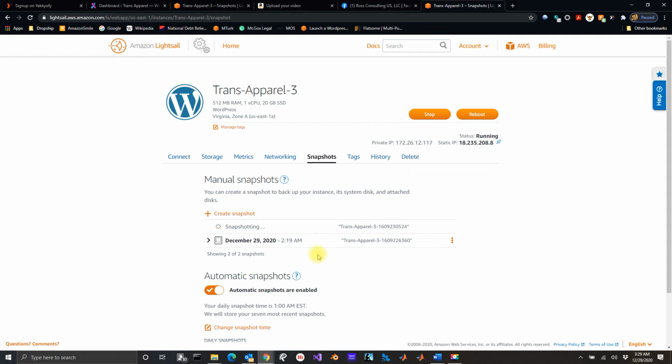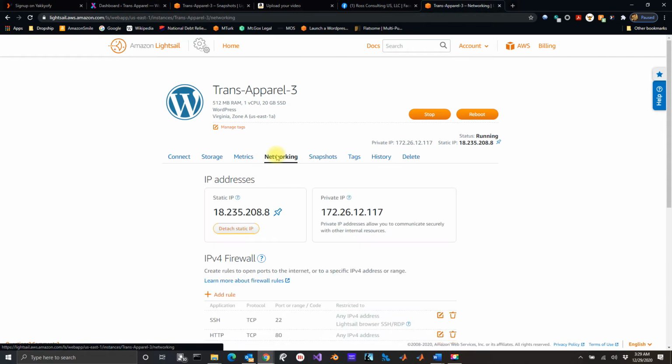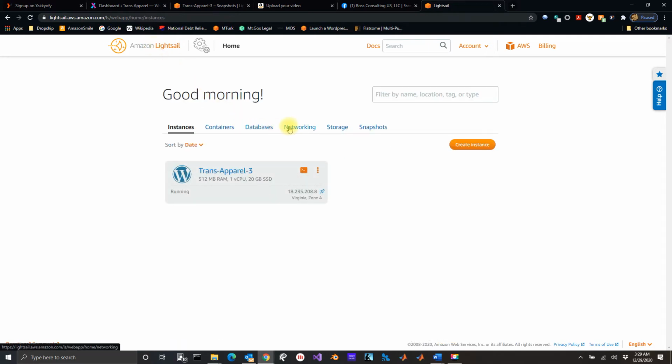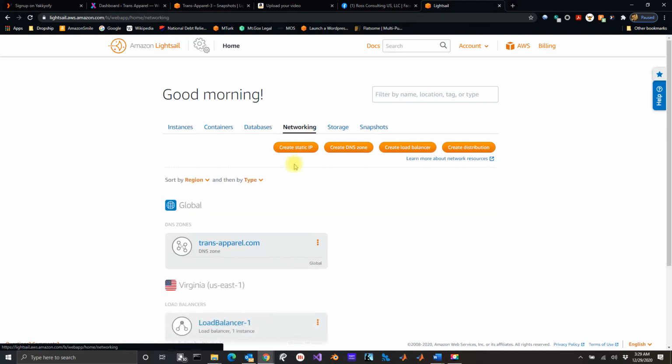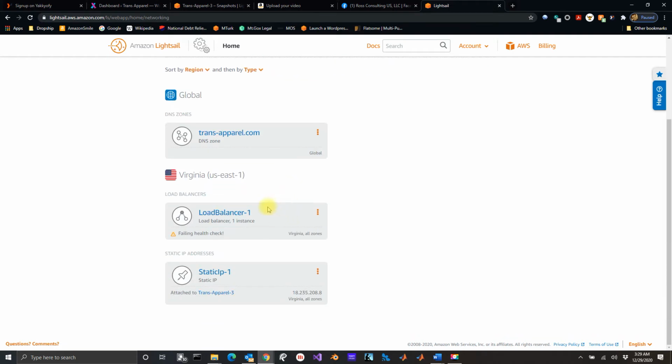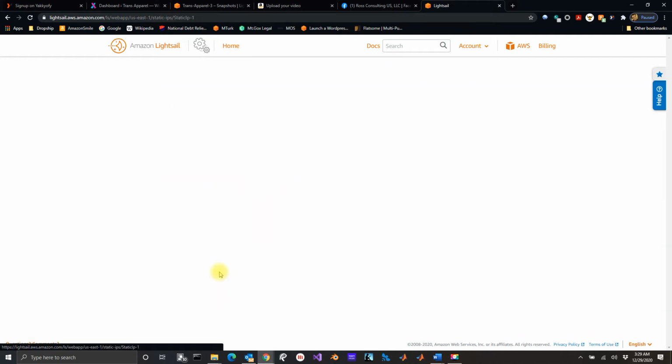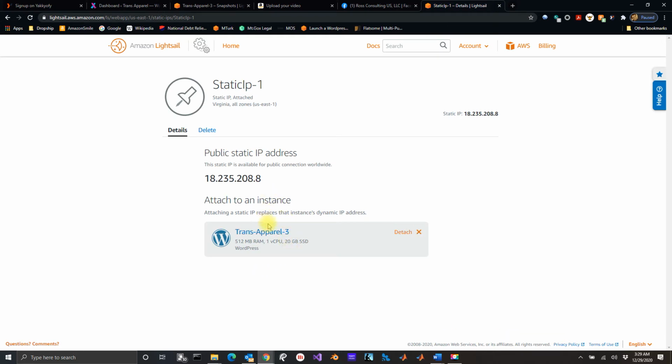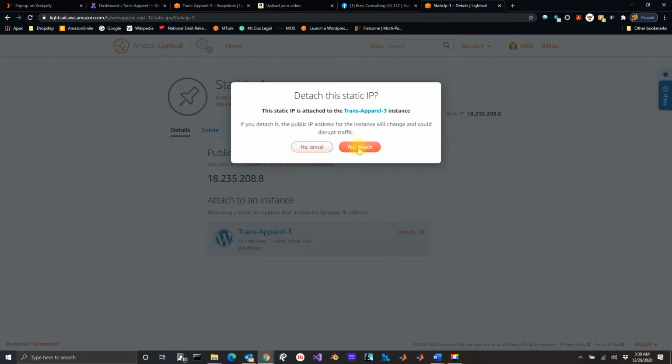So what happens if your site goes down and you need to revert to an older version? It's really not that bad. It's pretty simple. You would go to your networking screen. Actually, go back to your Lightsail console, main console, then go to networking, and you have the static IP address that you attached your instance to. So you want to go ahead and detach the old one. Say yes, detach,